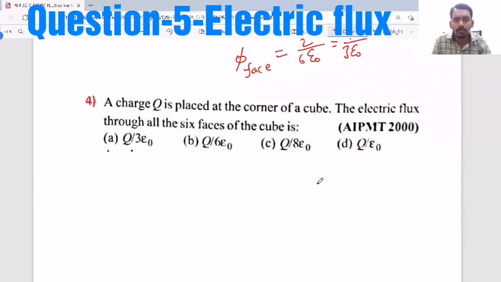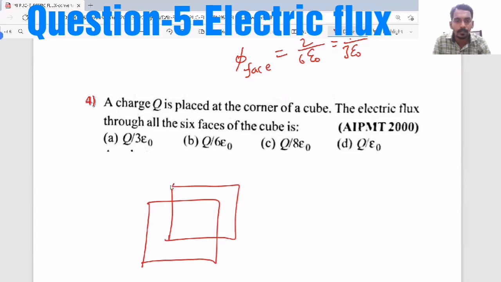Now a charge Q is placed at the corner of a cube. As I said, it can be placed at any point. Then the electric flux through all the 6 faces of the cube means nothing but through the cube. Now, when you consider the cube, now it is placed at the corner. See, if you imagine here one cube,